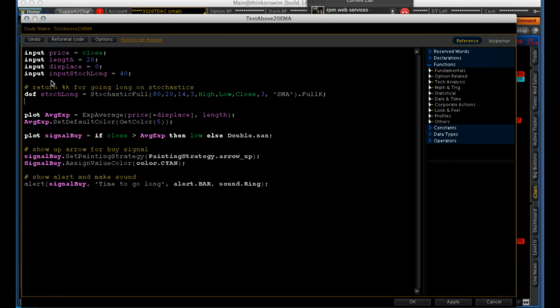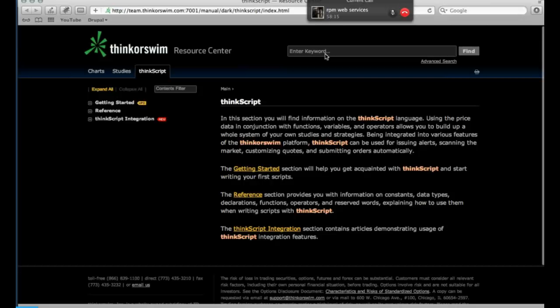I know that was a lot to do, guys. But if you hover over this, when you hover over it, it usually pops open. Sometimes it doesn't. All right. But you can always go to your ThinkScript, and let's say you want to use the stochastics full. You want to do a condition on the stochastics full, but you don't understand what the 80, 20, 14, 3, the high, the low, the close, the 3. You're going to use an SMA, and you're going to do the full K. You can always go over here to ThinkScript, and you can just type in